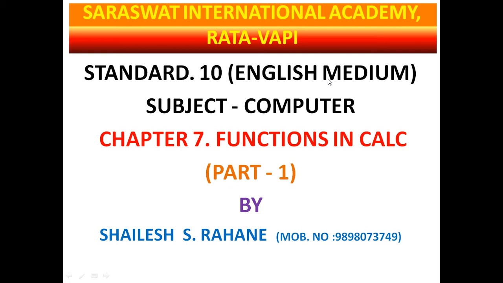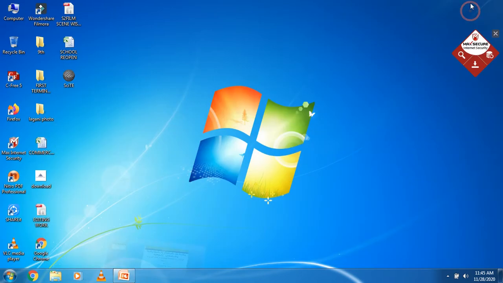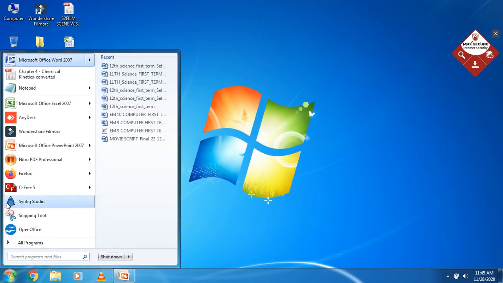Now, students, what is actually a function? A function is like an expression that generally begins with an equal sign, followed by a function name and one or more function arguments specified in its brackets. Sometimes operators such as plus may also be used with functions and formulas. However, it is common practice to use the equal to symbol as a prefix. Avoid beginning a function with simple text. Now, students, this whole chapter is totally practical and I will explain each thing practically.